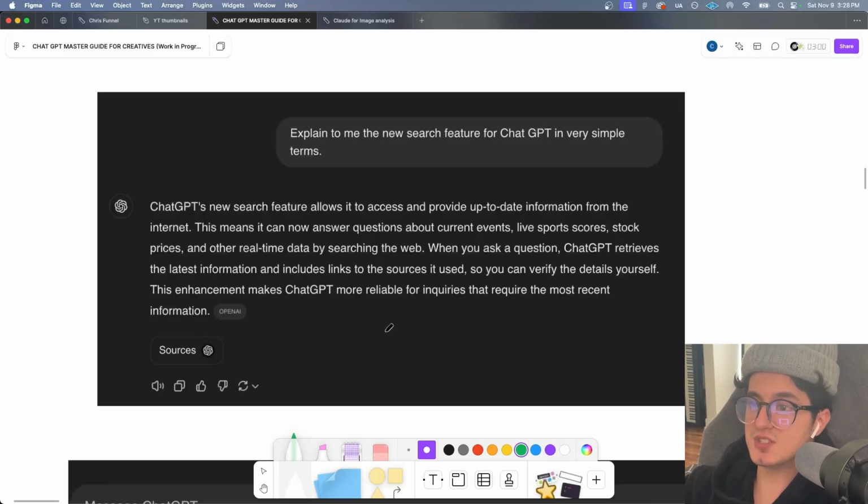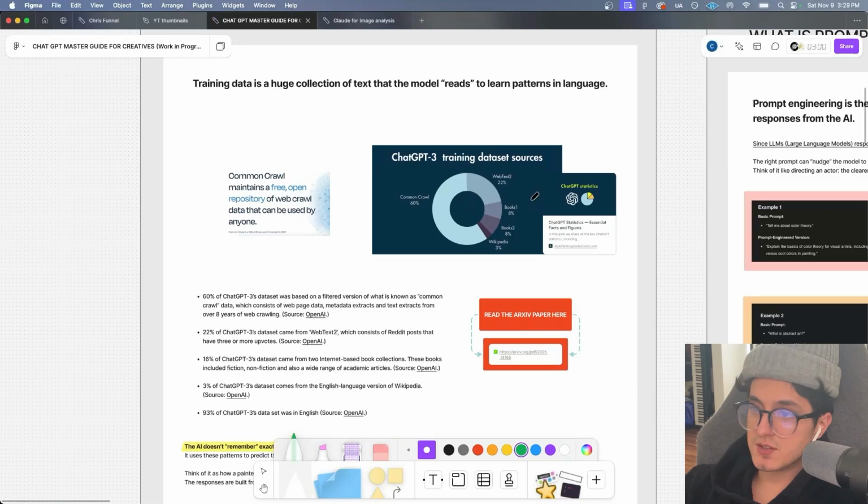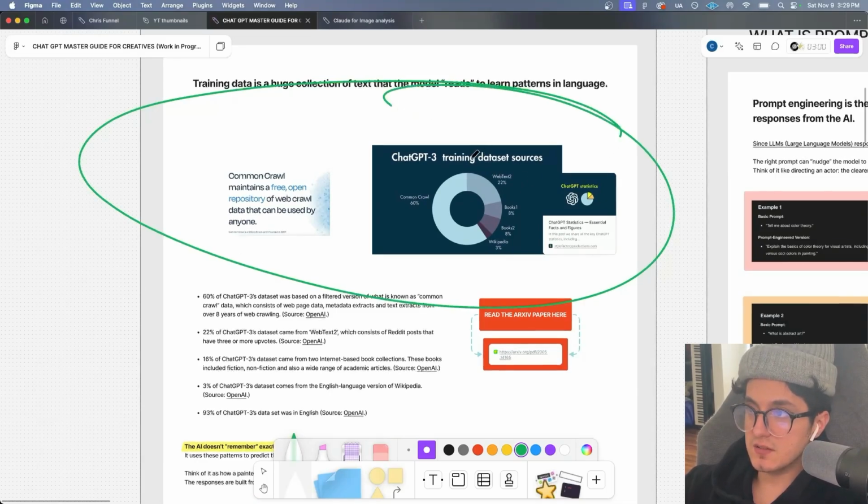This enhancement makes ChatGPT more reliable for inquiries that require the most recent information, which is very new and a huge game changer. This is going to compete with Google search. So if there's so much data that is available,